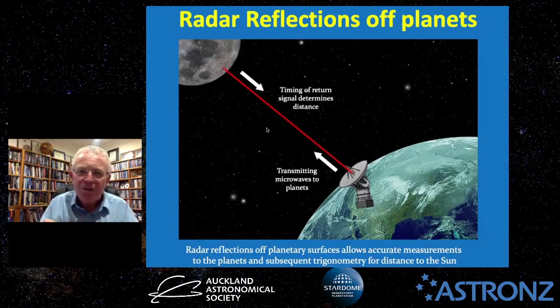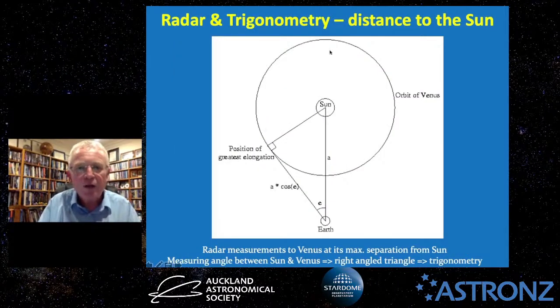Well, they use radar reflections to the planets with a bit of your fifth form trigonometry. And here it is here. Okay, here's the sun, here's the Earth. You wait until you see Venus at its maximum separation from the sun, from our perspective. You get your radar, send your microwave signals to Venus, get it back again, measure the time, and that tells